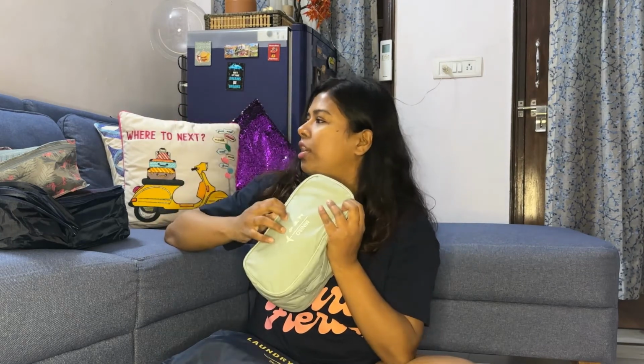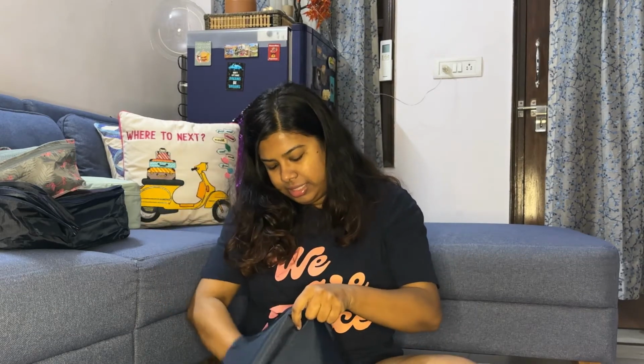Let me just see around, and then I have 2 more cubes, but they have basically my laundry and stuff, nothing to show here. And also I'm carrying a very thick stole with me, so I'll go through the stole bag also. So this is my stole bag, and इसमें सिर्फ एक motu stole है which I can wrap around my neck like this. Yeah, I can just take it around like this and prevent myself from extreme